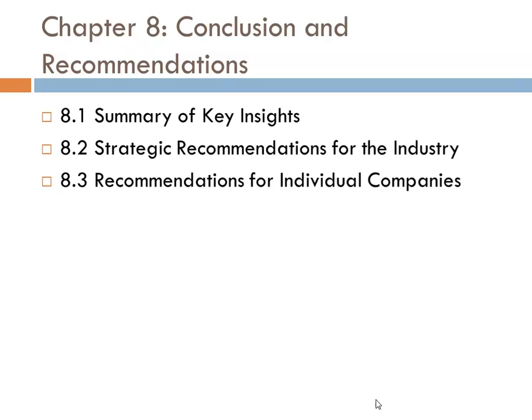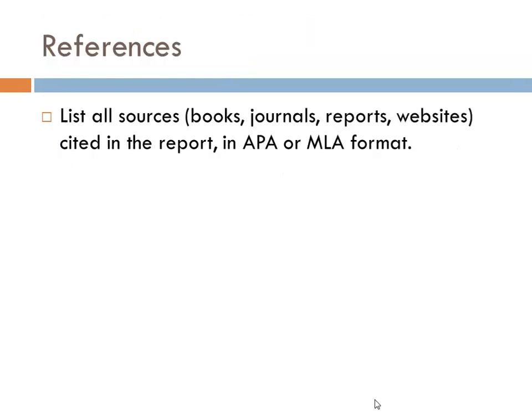Last part, recommendations for the individual companies. Here again, the part will be unique for each and every student, because this will be based on chapter number 7. Specific strategies for different types of players like leaders, challengers, etc. Improvements in branding, financial management, and digital transformation, etc. Whether there is any scope for market expansion. Innovation strategies to stay competitive in the evolving market, that you can also suggest to the organization. So this chapter summarizes all the research insights and provides actionable recommendations for industry growth and company success.